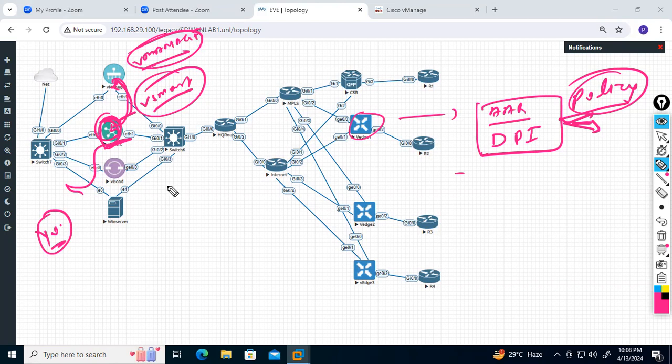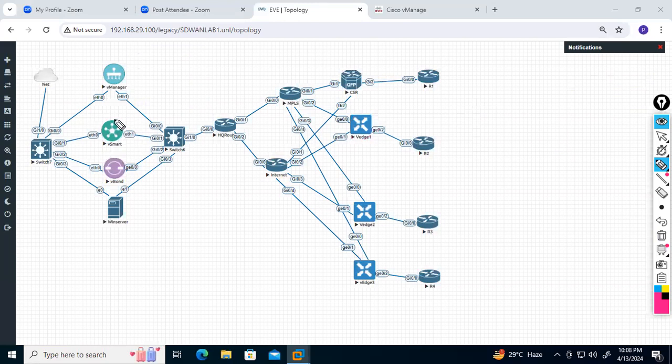Policy will be applied on vSmart, right? So vSmart should also be managed by vManage, then only we can push the policy on vSmart. Like these vEdges are right now managed by the vManage. If you remember, in the beginning we configured the skinny configuration on the vEdges, and once